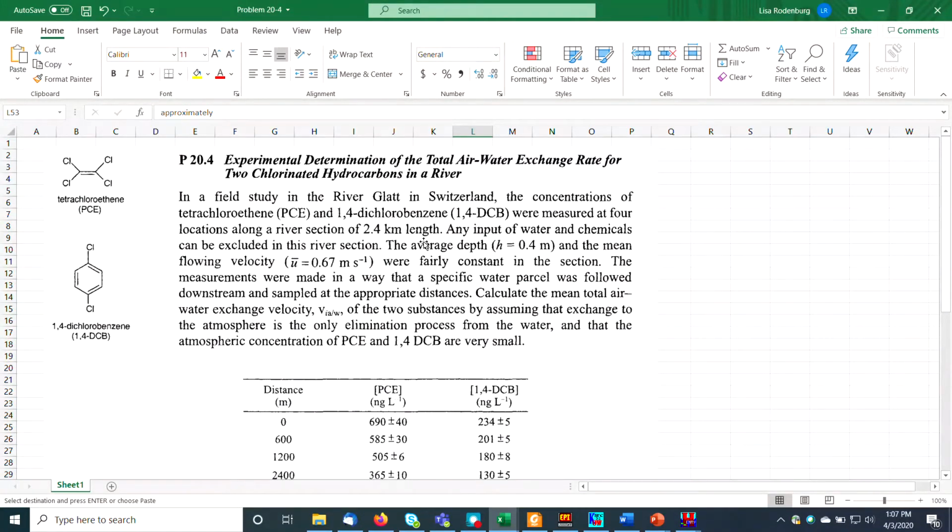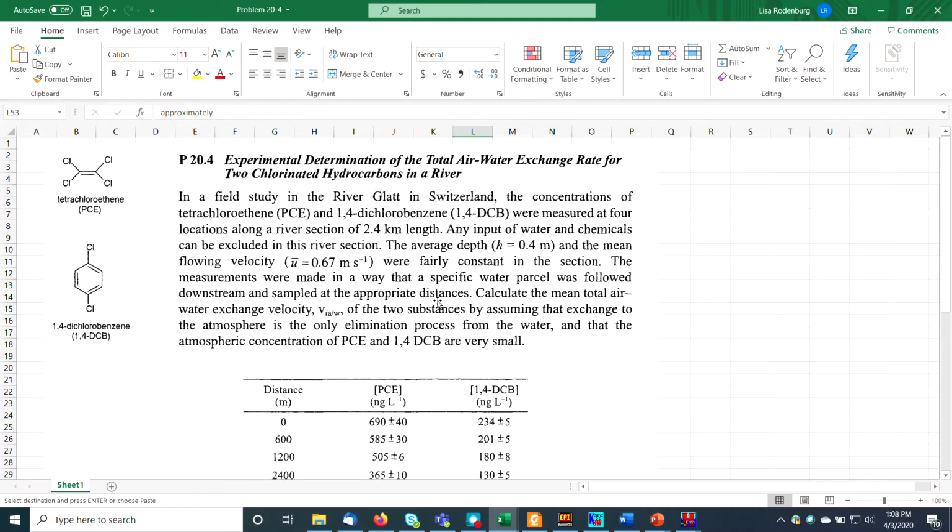Now, usually when you're measuring the flow of a river, you're measuring it in something like cubic feet per second, CFS. But here they have taken that kind of flow and converted it into a linear flow velocity. That's relatively unusual. Usually you'd get discharge, in cubic feet or cubic meters per second. The measurements were made in a way that a specific parcel of water was followed downstream and sampled at the